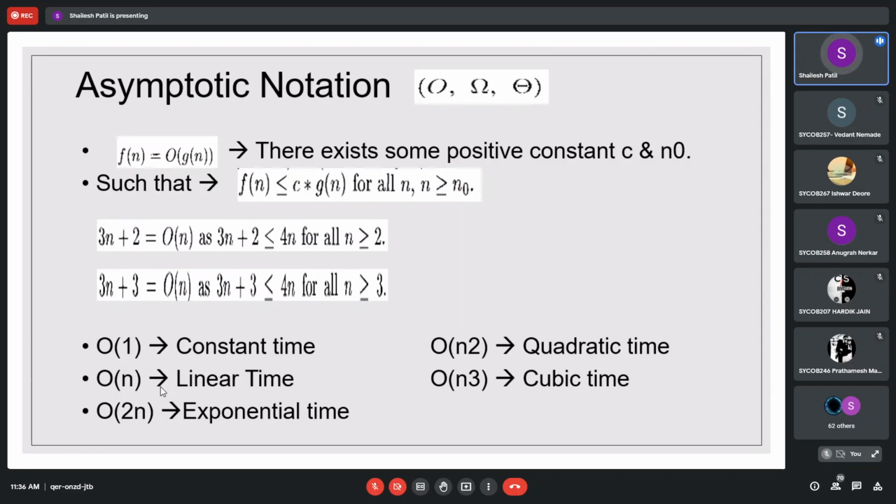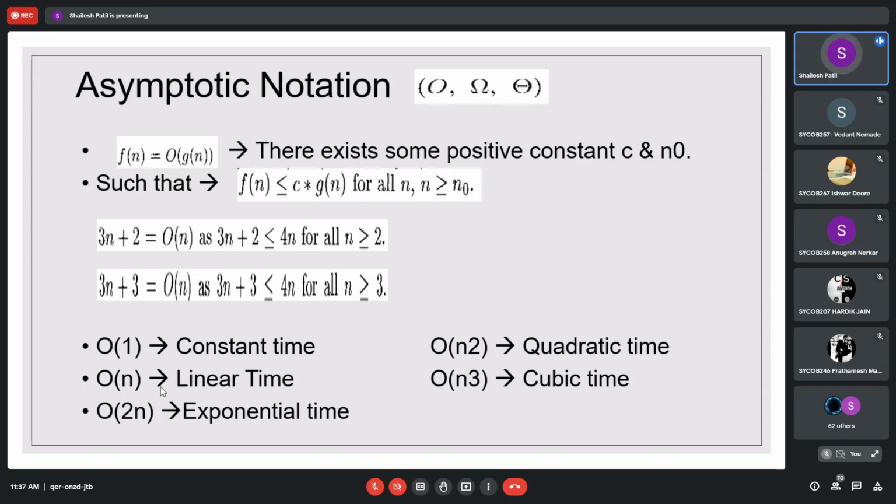Likewise, if you have to insert an element in an array, that will be constant time. Another basic thing we have seen is that adding two elements is constant time. Suppose there are two elements, we write a plus b. If there are three elements, we write a plus b plus c. Irrespective of the values of a, b, c, it will always be done in one step. For that purpose, we call it constant time.